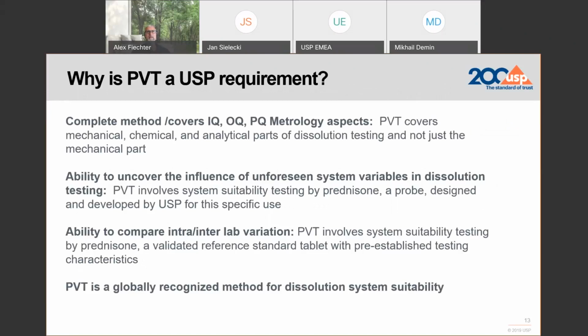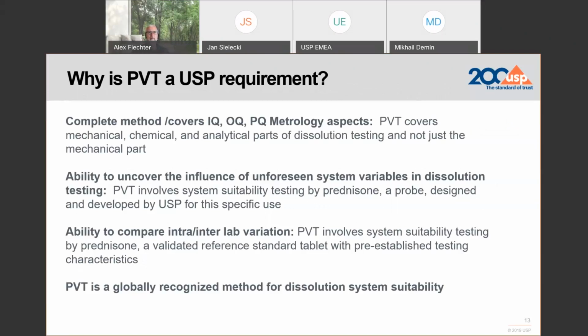Why is PVT a requirement? As I said before, it's a holistic test, and it encompasses all the metrological parts that you do before, but gives you a holistic answer of the test performance.